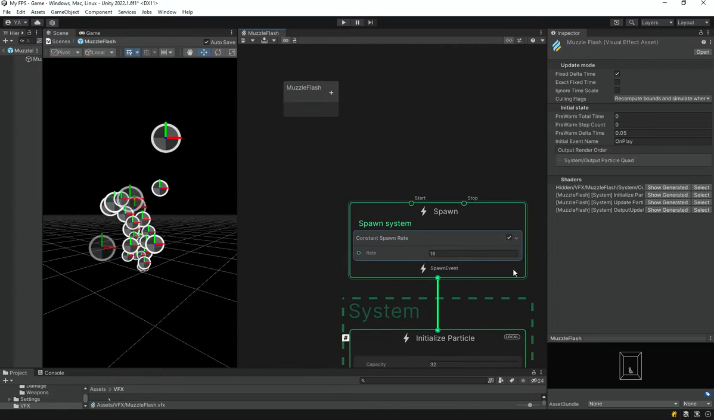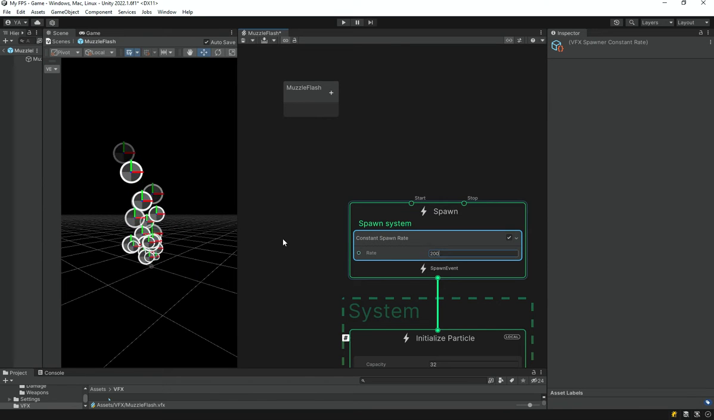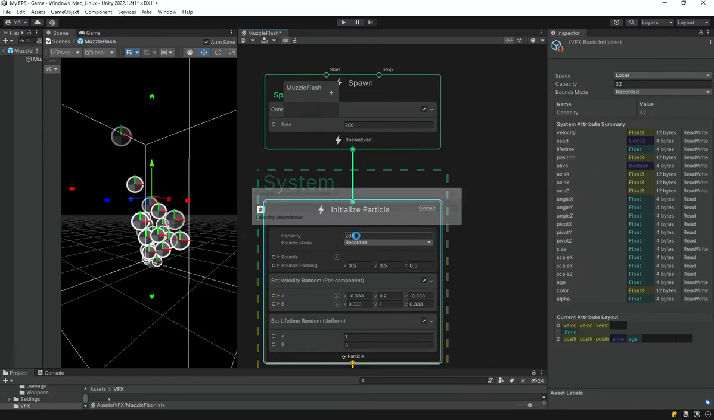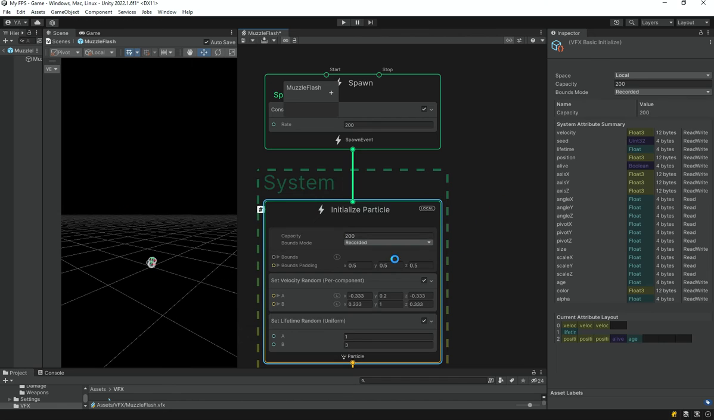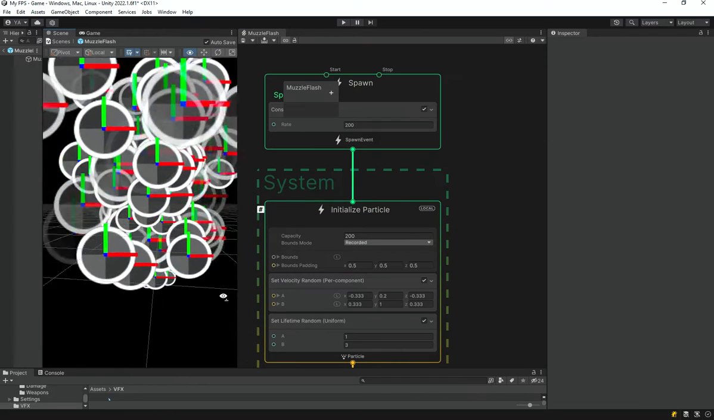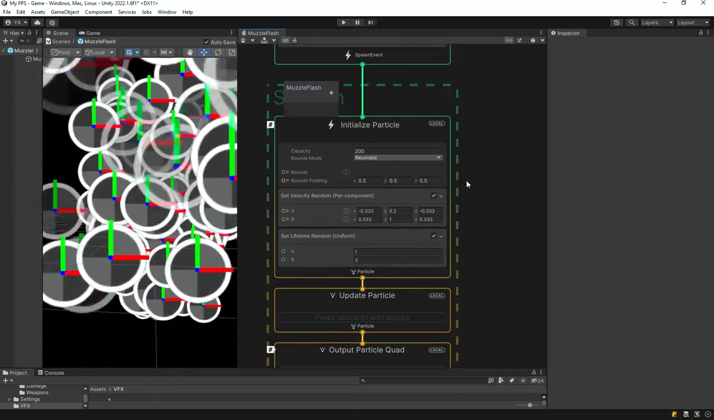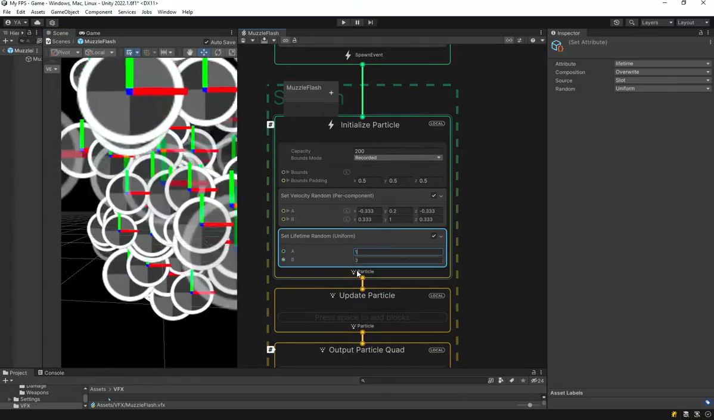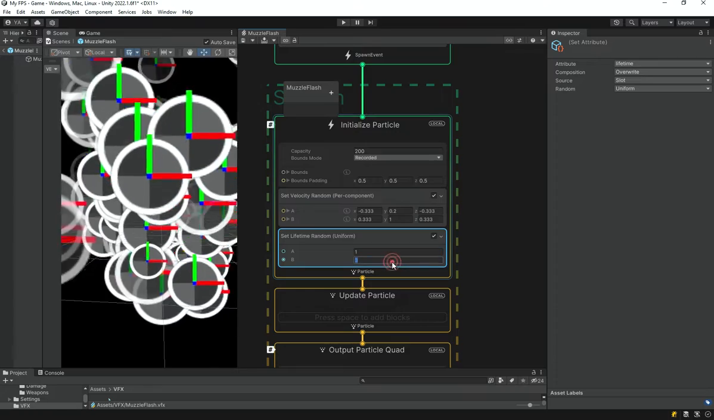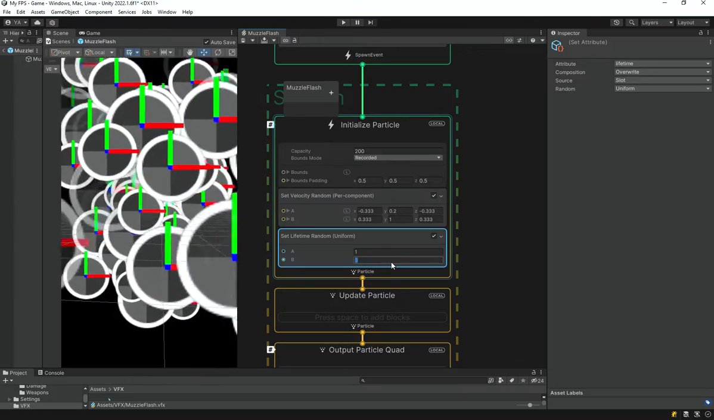And the first thing I'm going to change is this constant spawn rate to 200, and of course also change the system capacity to 200 as well. Once I do that and I save so that it compiles, you can see that this is what it looks like. I'm going to just zoom in a bit, and what I'm going to do is change the lifetime to 0.1, from it being 1 to 3 right now, random. I'm going to change it to from 0.1 to